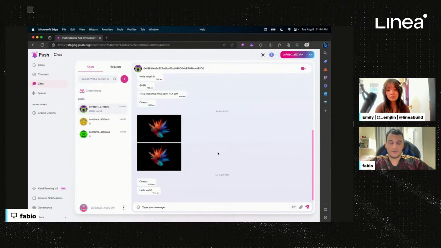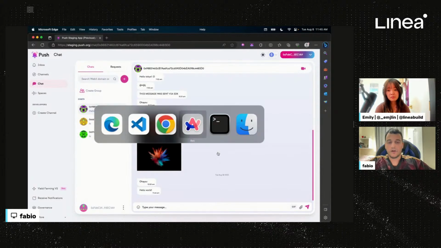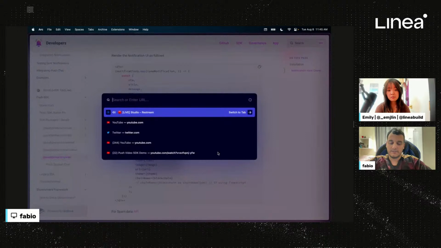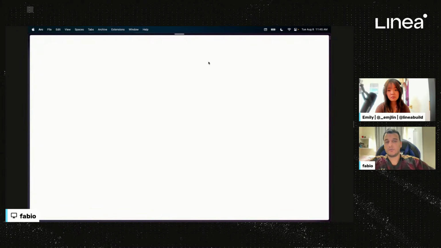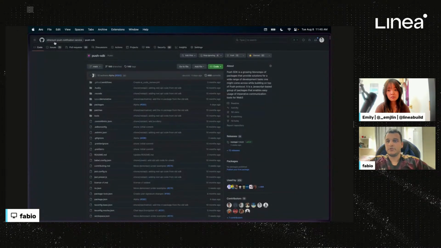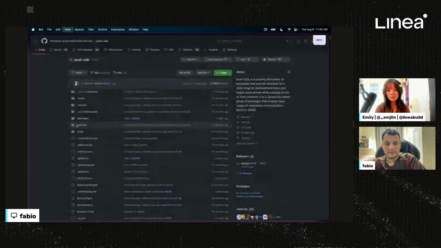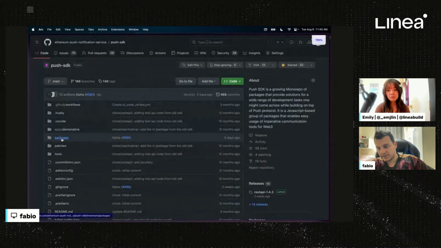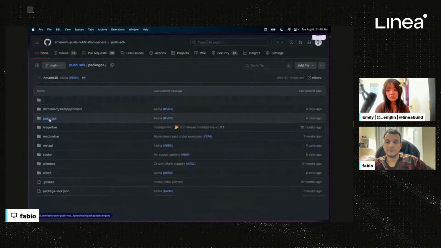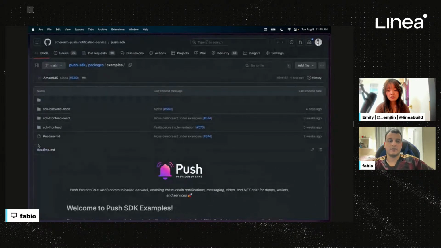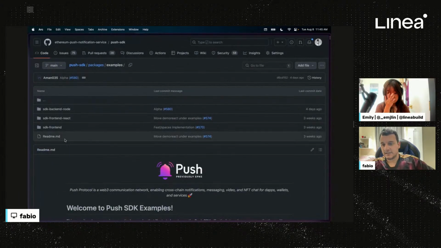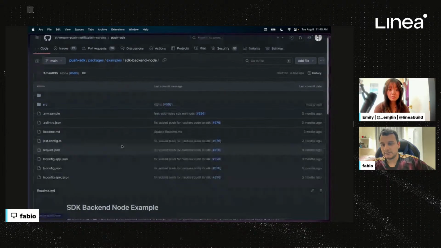I just want to show this as well. We have a very nice repo with all SDK functionality. If you go to our GitHub repo, Ethereum Push Notification Service, push SDK, this is our SDK repo. Under packages here, I have a folder called examples. This is the best way, along with the documentation, with code samples of how you can integrate the SDK. So if we go here to SDK backend node,